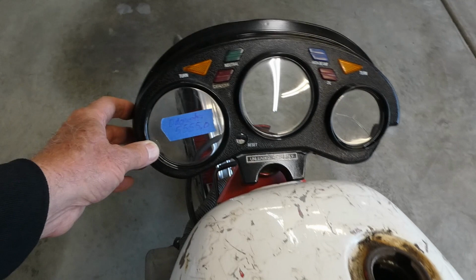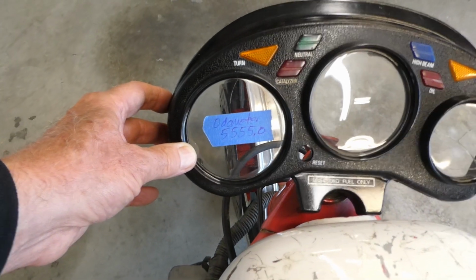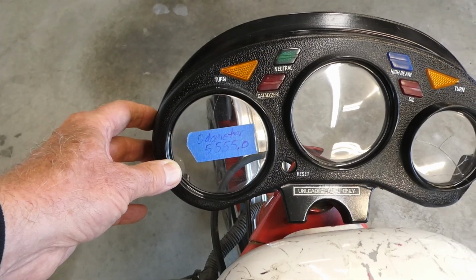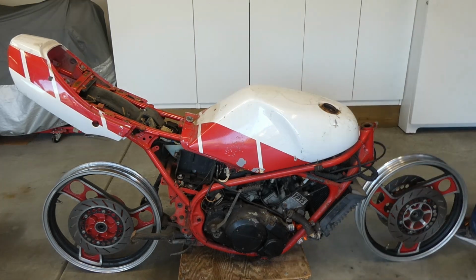Let's check the miles on the odometer. It looks like it has 5,555.0 miles on it. Since the bike is about 30 years old, it has a little bit of patina on it. If I'm not mistaken,